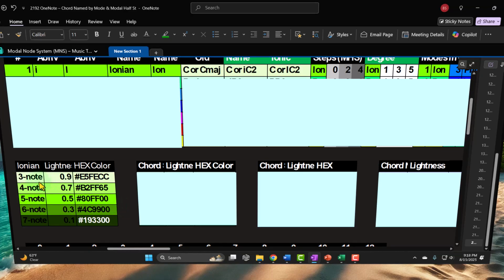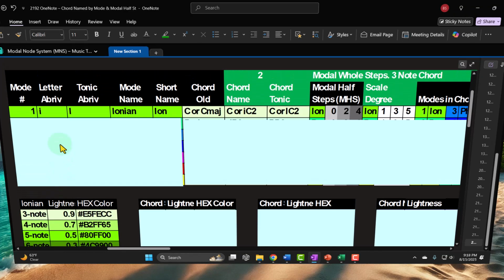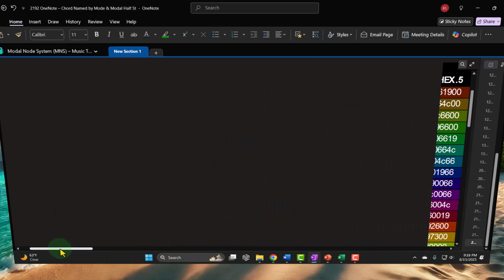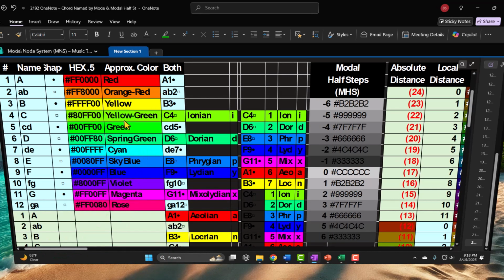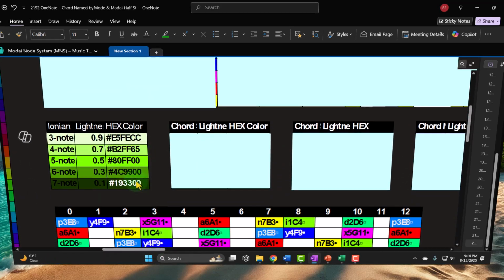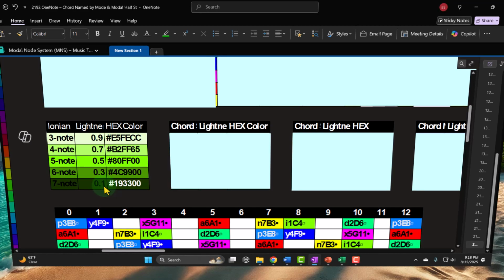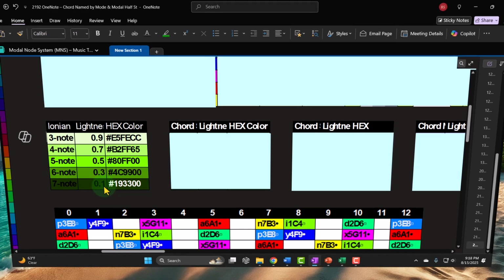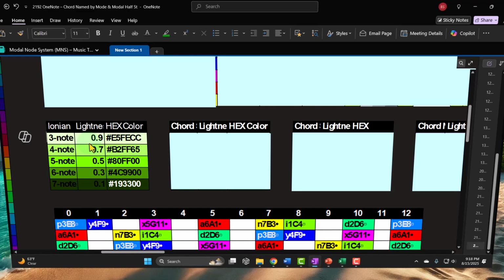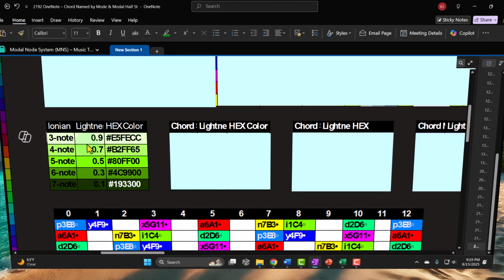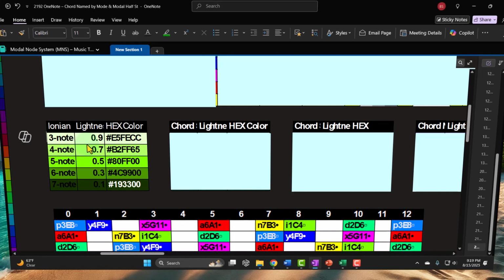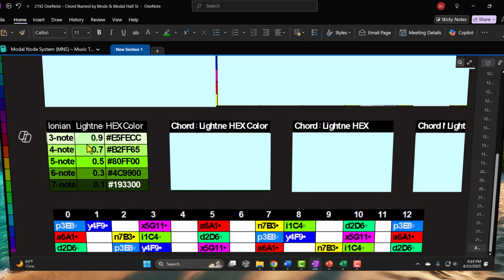So this will be the color scheme. So we're going to say, hey, ChatGPT, give me the normal color for this Ionian node. This is what we did. We said, we want this yellow-green, which is that color, but then change the lightness so it gives me a variation of the lightness between 0.9, 0.7, 0.5, 0.3, and 0.1. So that a 3-note Ionian chord is going to be the lightest color. It's still lime green, but the lightness factor is really light. So I'm going to call that a shade 3, let's say,